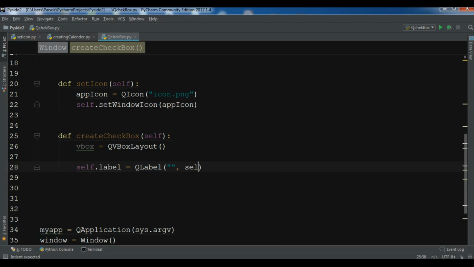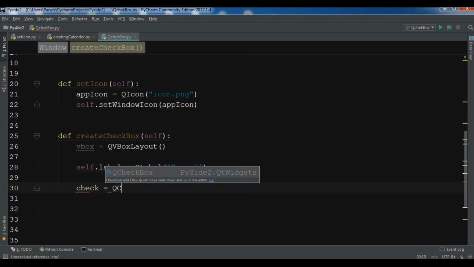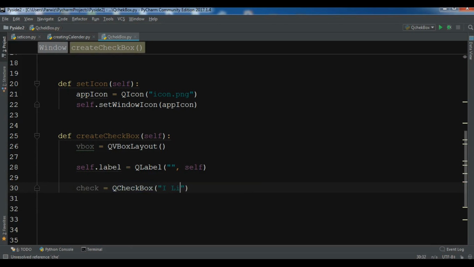We don't give any text, and this is the parent itself. Okay, so after this now it's time to create our checkbox, so I call it QCheckBox, and let me give the text,